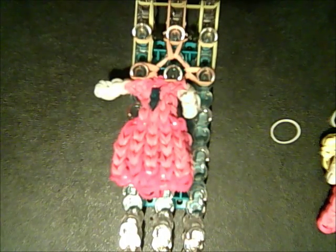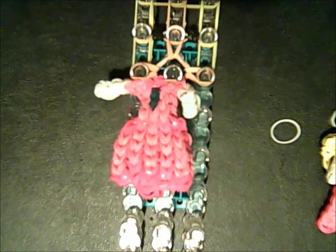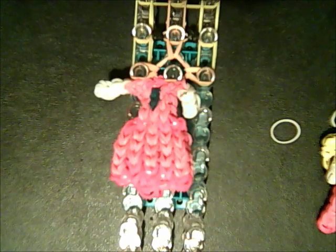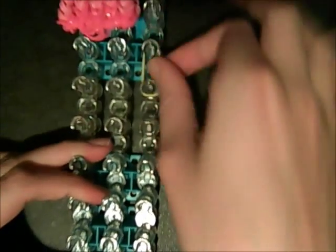Oh, not those 2. These 2. There we go. And before we continue, we need to make a little extension on our loom. And to do that, we're going to need some yellow rubber bands. And these little extensions are going to be for Princess Peach's hair. So we're going to go down